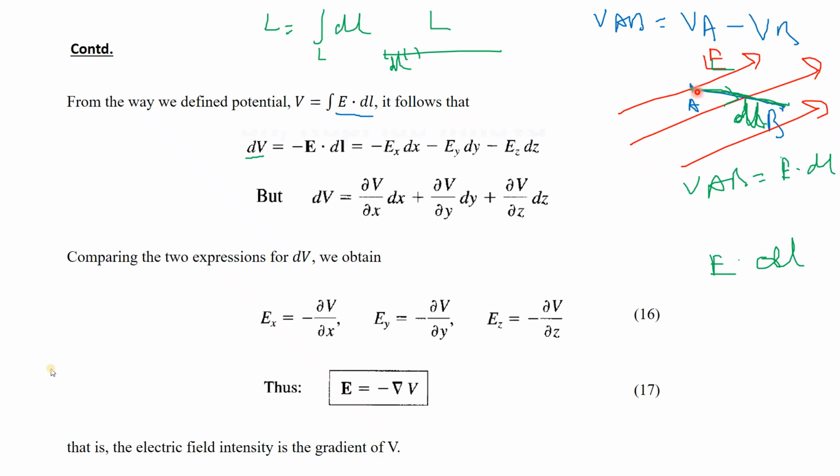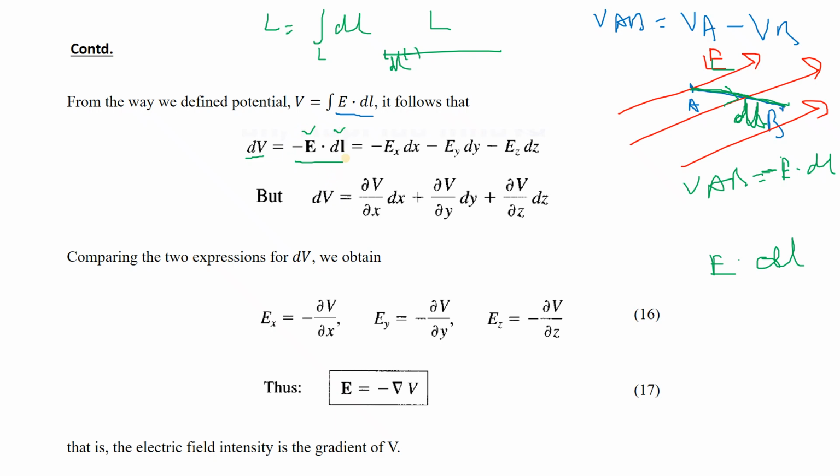But if you are dragging the charge from A to B against the electric field, that electric field is not allowing you to do so, so you are applying some external force. The electric field is resisting it, so you are going against the electric field, which means you are applying some external force. So the work done is against the field, and that is why we give a negative sign. That is why we have written minus E dot dl.